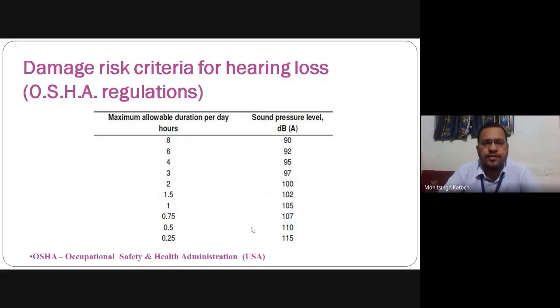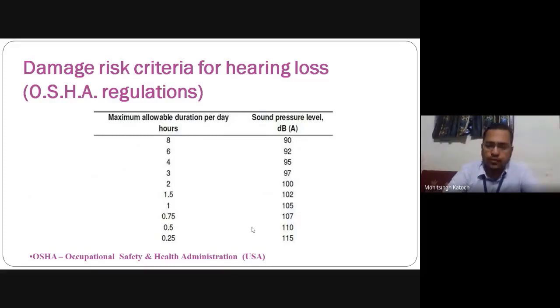The table which you are seeing now is the damage risk criteria for hearing loss in the United States of America. It is prescribed by OSHA regulations. OSHA means Occupational Safety and Health Administration, USA. So you can see, according to the sound pressure level, that is noise pollution level, the working hours per day